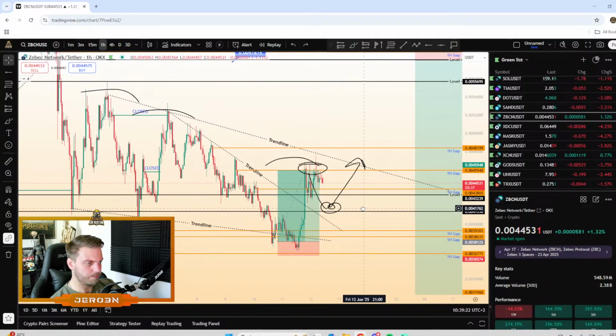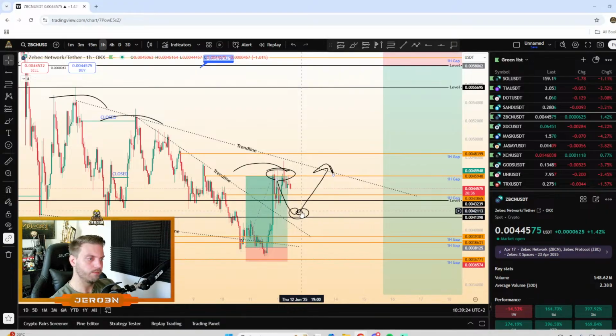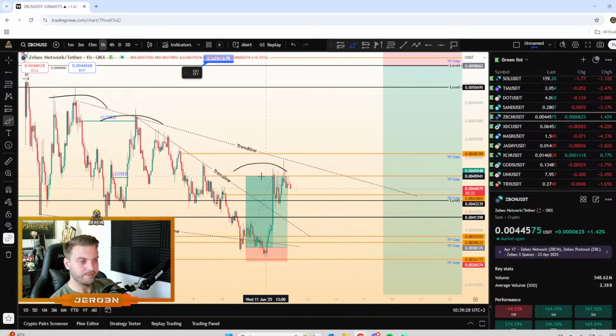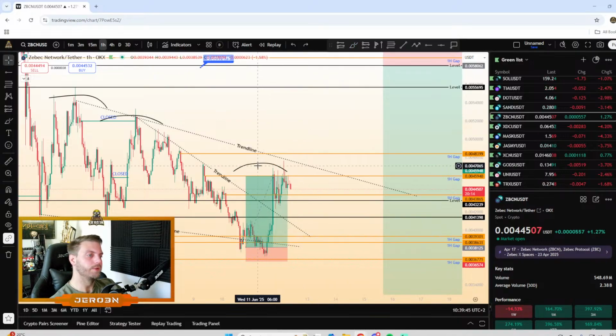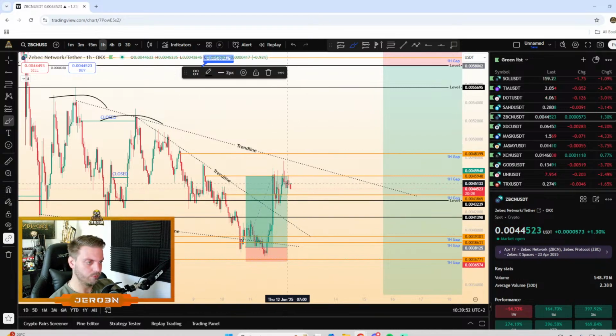In fact, it is still boiling up right now, and it didn't create that higher high that we were talking about, because I wished to see price go over here, touch this point, and then go up, but it didn't. So we need to be careful here. However, we did break through this trend line,